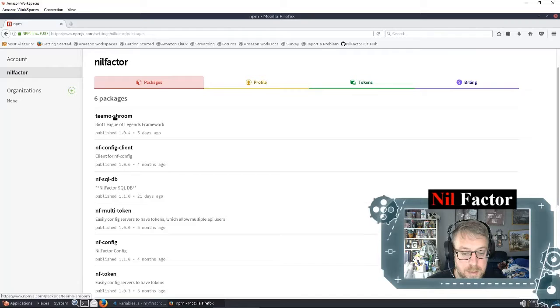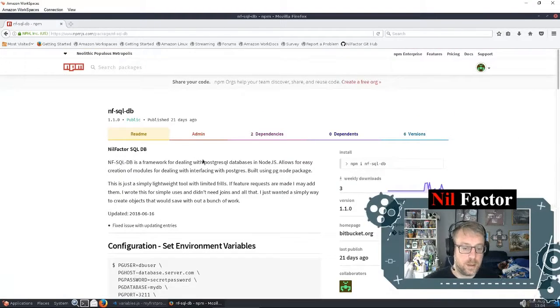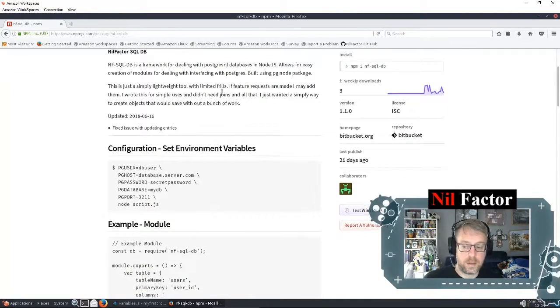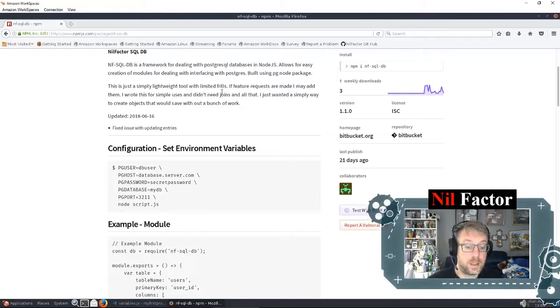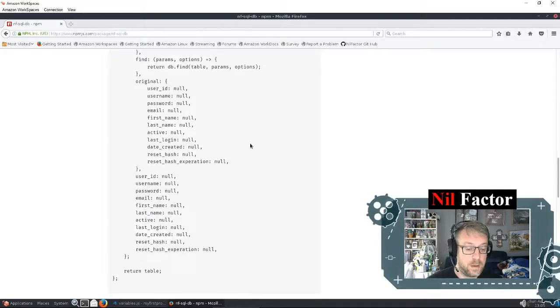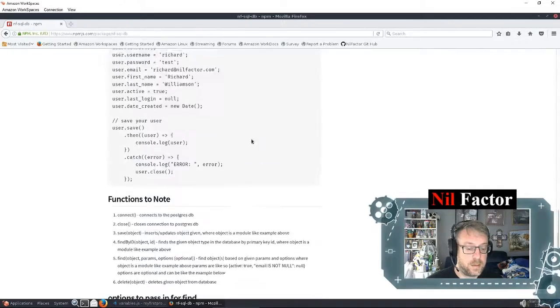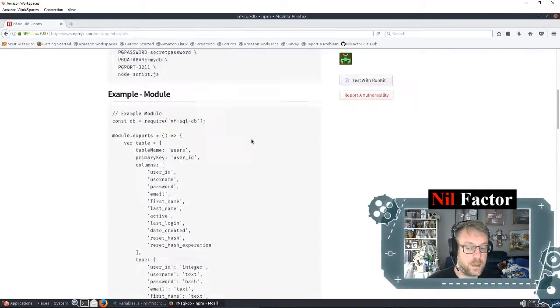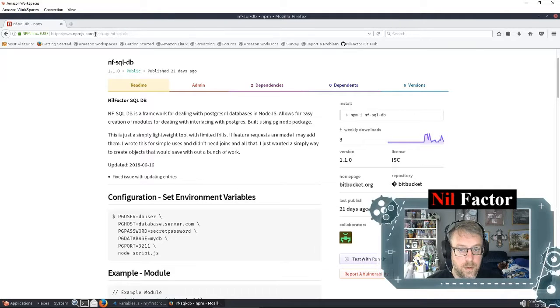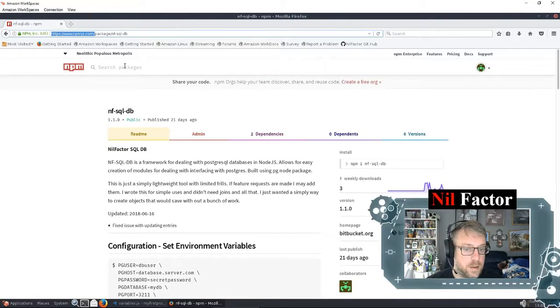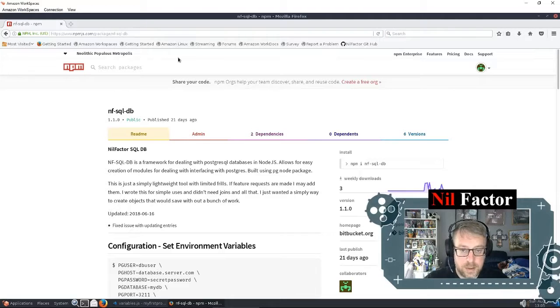Look at the SQL framework, or a Postgres module that I wrote that pretty much takes care of all things needed for creating CRUD database operations. So we're gonna start with the